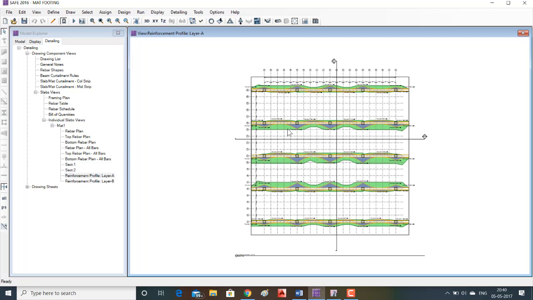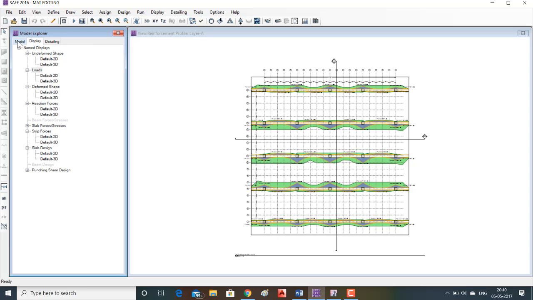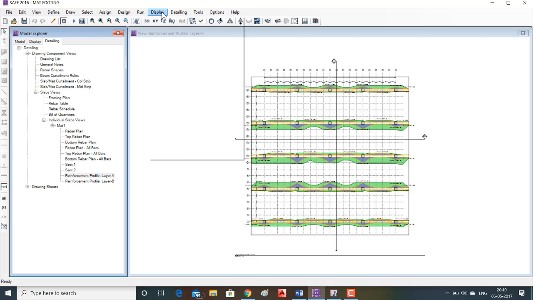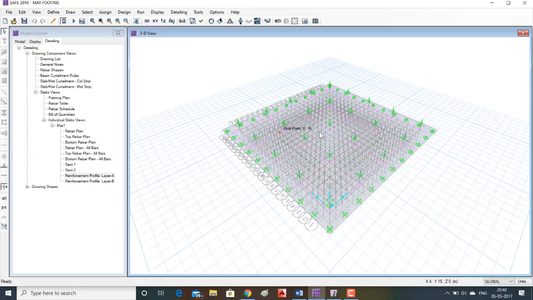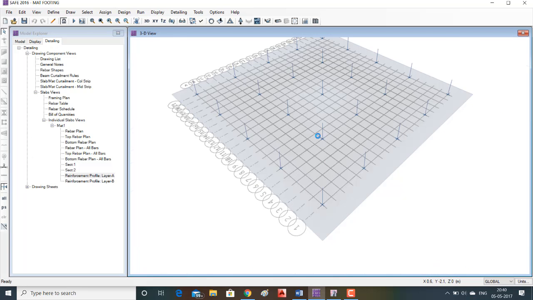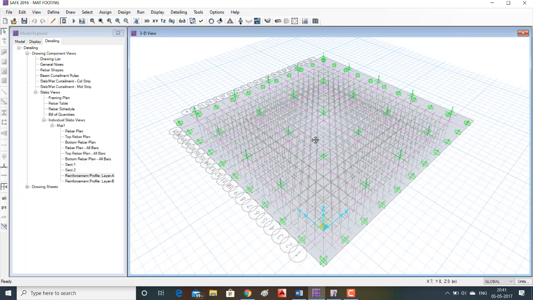This will be the reinforcement profile. This is the 3D view of the mat footing.